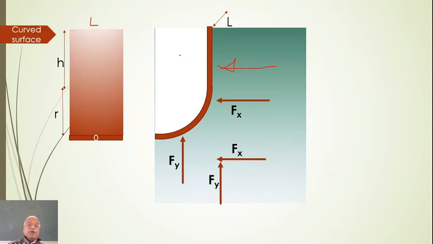But Fy in this case, had it been inside, it would have been the weight of the liquid, but the same force, the weight of the liquid, whatever you calculate in this area, will be acting as a buoyant force. You know that whenever objects are immersed in liquid, there will be a force trying to lift it up. That is called a buoyant force. Now this buoyant force will be acting as a vertical force, in the upward direction. Now how to calculate buoyant force? It will be nothing but the weight of the liquid in this particular area.